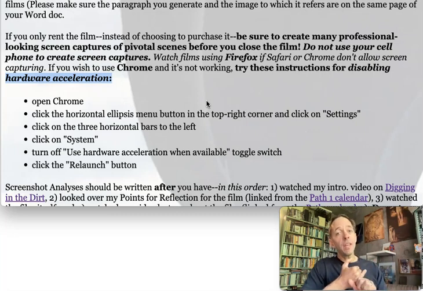Now, not everything is going to allow you to take screen captures. If you try to screen capture on Macs, for instance, I've heard from students that it does not allow that. I don't know that Apple does either, Apple TV. This is why I tell you to watch at least these films from Amazon or YouTube, right? And then if some of them are free through Canopy.